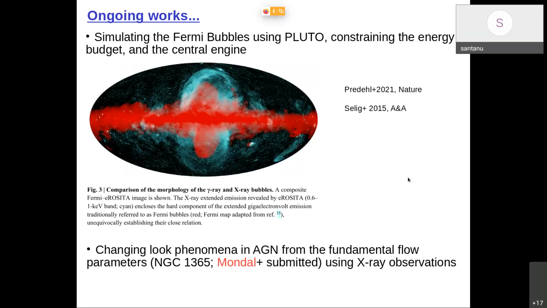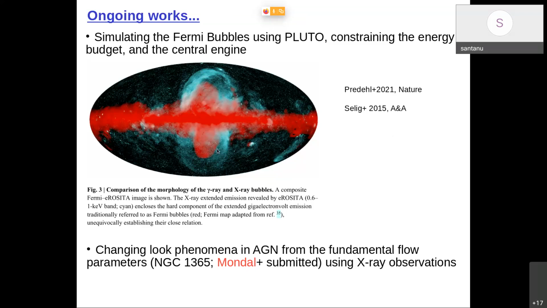So far I discussed what I did. Now currently I am working on simulating the Fermi bubbles using PLUTO. So this is basically the map of X-ray and gamma ray using the ROSAT and Fermi satellites. So you can see this red line, it's a nice bubble, and also another bubble above this red one. These were recently observed in 2021 in X-ray, and this gamma ray one was observed,